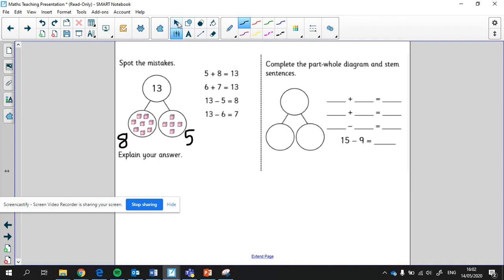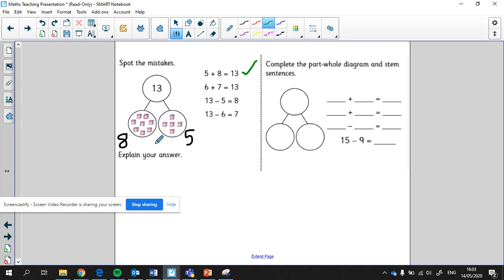So let's look and see what the mistakes are. Maybe I'll use a green to mark. So I agree, they've added 5 and the 8 make 13. That's correct. Now, if we're making fact families, we're trying to show that the same 3 numbers can be used